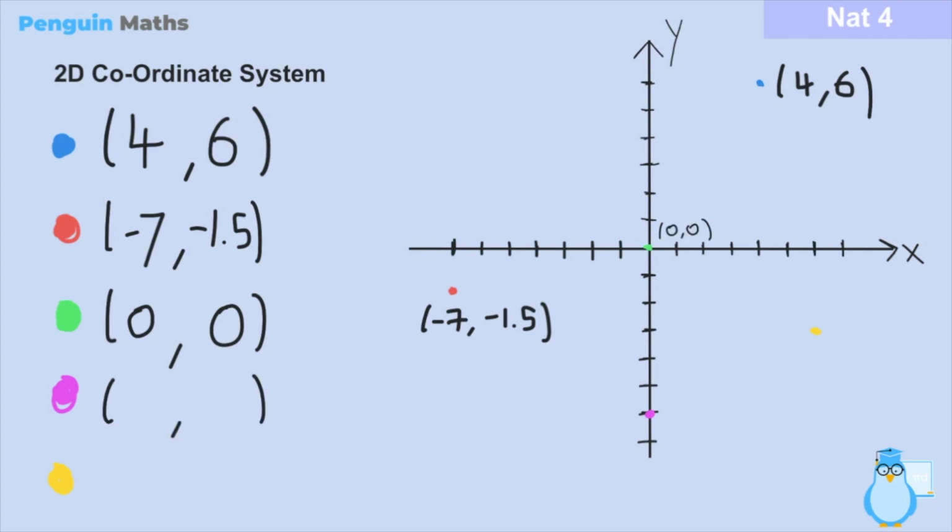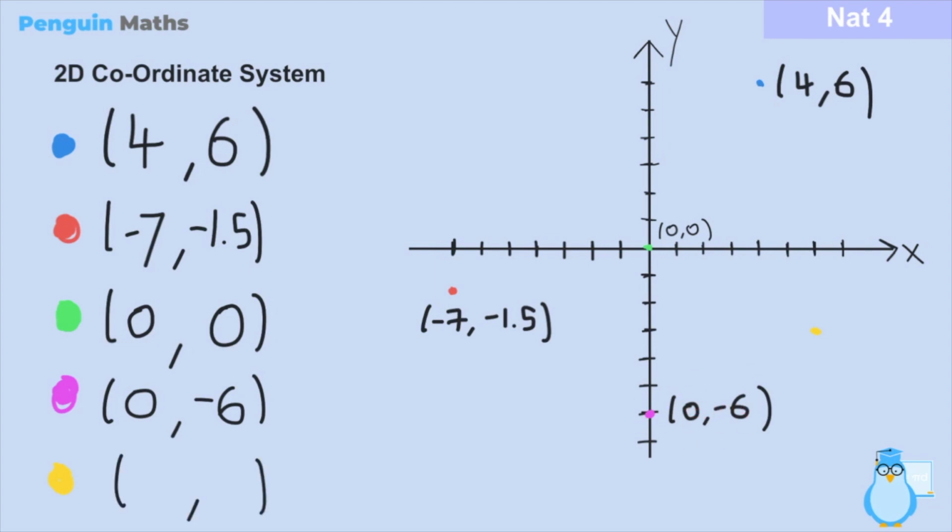So next up we have the purple point, and we can see that from the x direction it doesn't move at all, positive or negative, so that means that the x direction or the x distance is just 0. But then in the y direction we move down in the negative direction, so that means that we're moving down 1, 2, 3, 4, 5, 6 places in the negative direction, so that means that we have the coordinates 0,